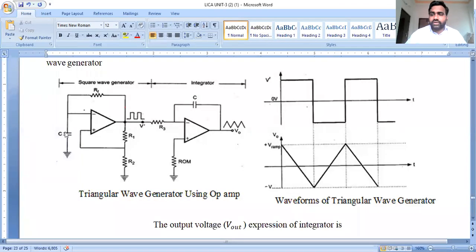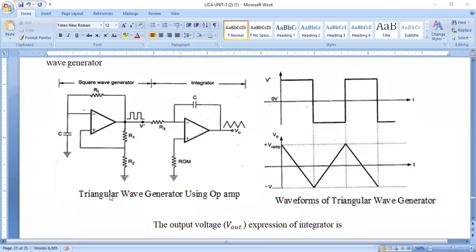That means this particular triangular wave generator is formed with the help of a comparator with respect to an integrator. What we are doing is a square wave is integrated and a ramp wave or triangular wave is produced with the help of this capacitor operation. This capacitor will convert the output voltage of high positive saturation into a lower ramp value, and the lower saturation value into a higher ramp value, and vice versa. The same thing will happen for the further characteristics of the triangular wave generator waveform.